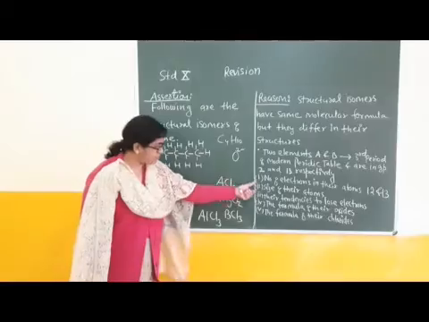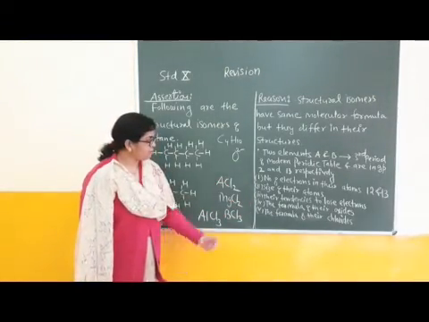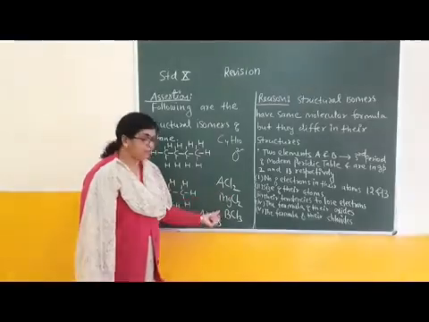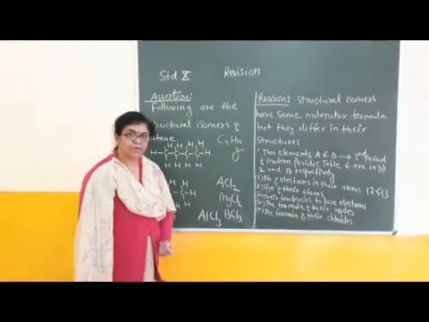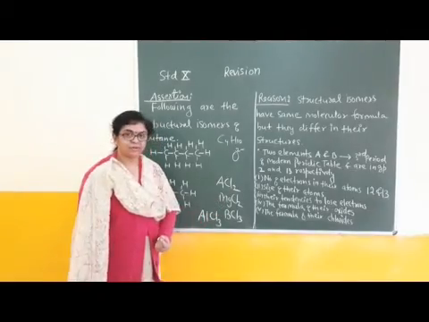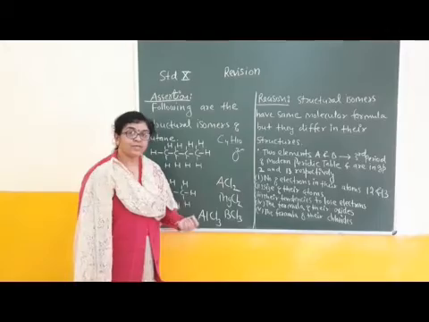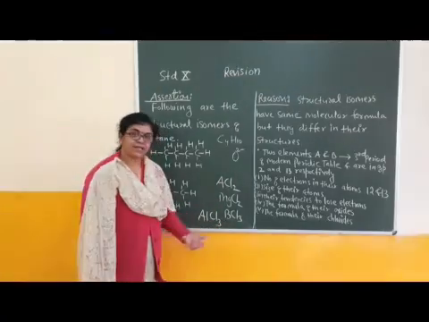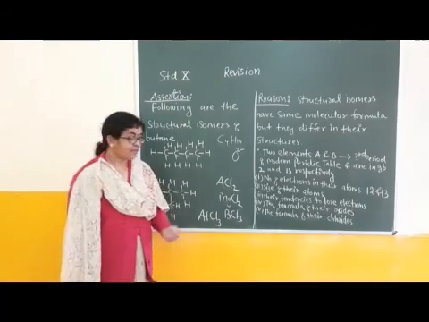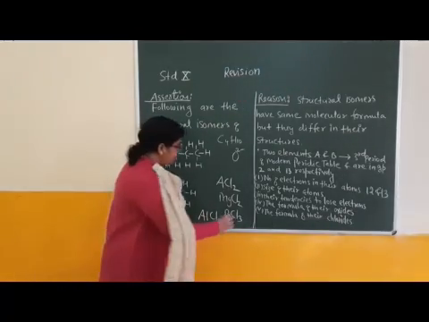Okay, children? 1 mark for each part. This is a long answer question, and all of you always solve in this manner. Compare the unknown formula with the known formula, right? Because in this case, atomic number is 12. And whose atomic number is 12? Magnesium. In this case, atomic number is 13. Whose atomic number is 13? Aluminium, right? Is that correct? Answer.